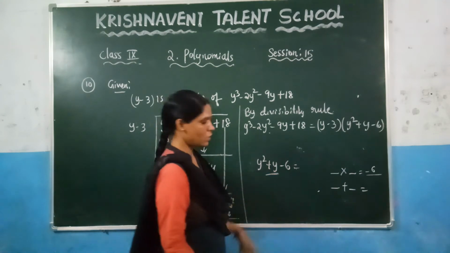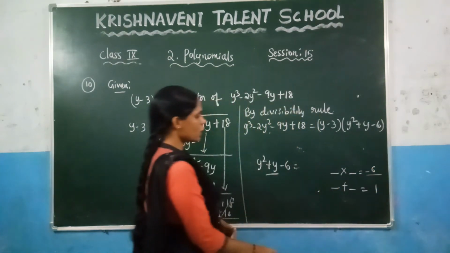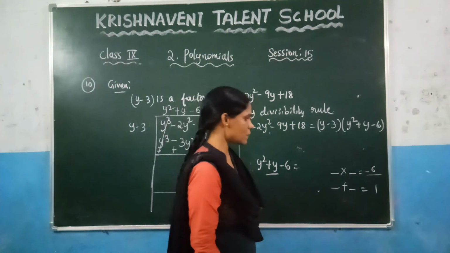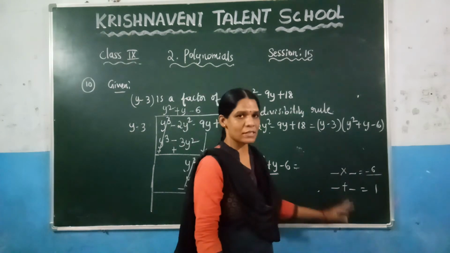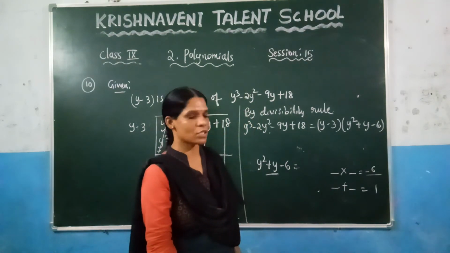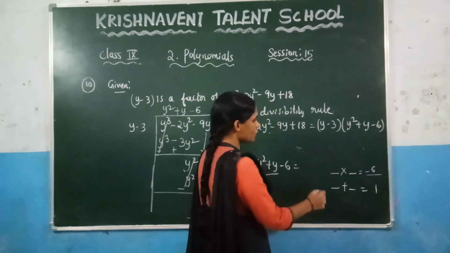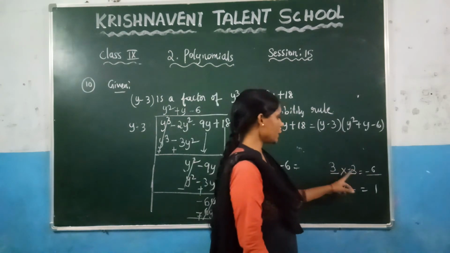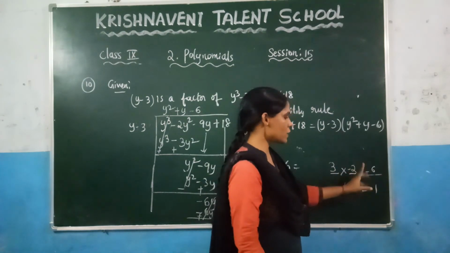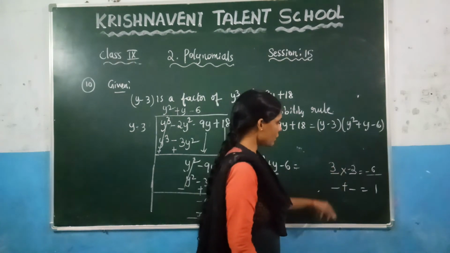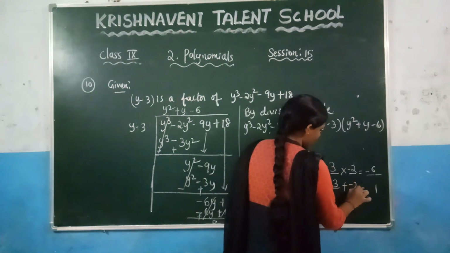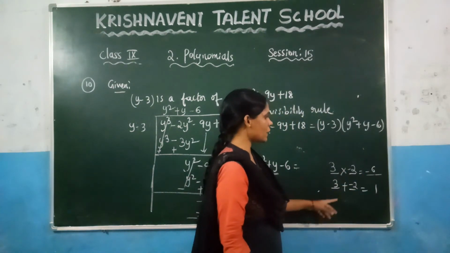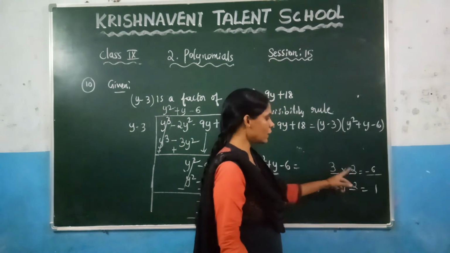What is the coefficient of the middle term here? 1. So here you have to get 1. What are those values, you need to check. While multiplying the two values you have to get minus 6, and while adding the same values you have to get 1. Clearly you can observe that if you take 3 and minus 2, 3 into 2 gives you 6, and plus into minus is minus. So write it here, 3 and minus 2. And 3 minus 2 gives you 1. So the numbers satisfying these two conditions are 3 and minus 2.